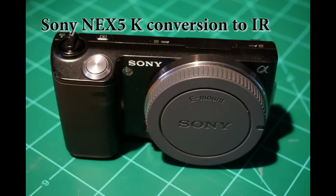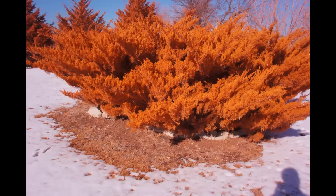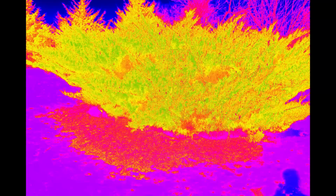Hi, I recently had a need to convert a Sony NEX5 camera to infrared, or more specifically to an NDVI camera where you see color as well as infrared light. As you can see, an example of an image like that here, actually taken with the camera that I used after it was converted. Here again you can see, because of the very bright reflection of infrared light in the red channel of the camera, you get this red appearance of green vegetation, and the use, of course, is then you can